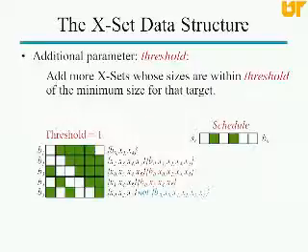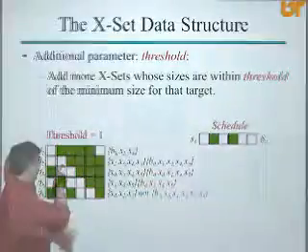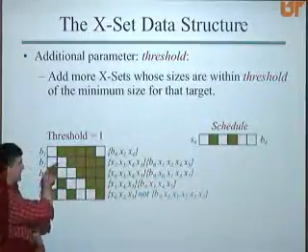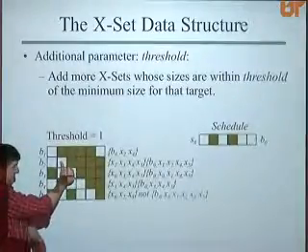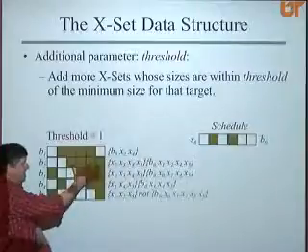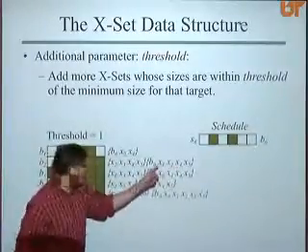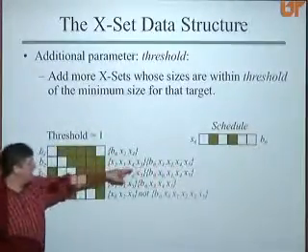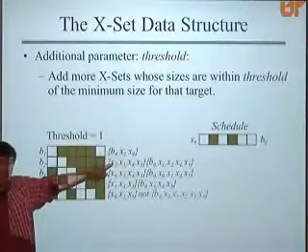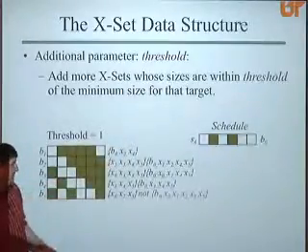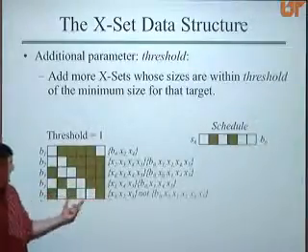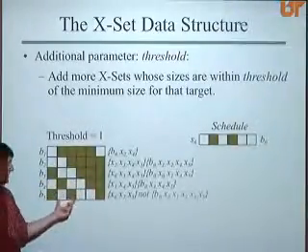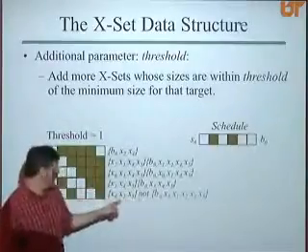Here, if I set my threshold equal to 1, I'll note that I can create this row of the matrix starting with that sum, and then I'm going to XOR out this piece of data and XOR in these 3, right? So 1, 2, 3, 4 plus that. And now I've created an X set whose size is 1 greater than this. But I'm going to add it to my set. And I can do that with these 3 rows. I can't do it with this row because it doesn't contain either of those bits. So you'd have to XOR all those out and all those in. My X set size would be way too big. So I don't add that.